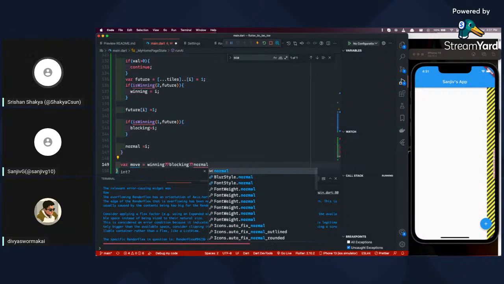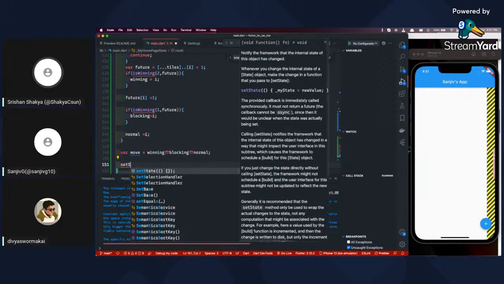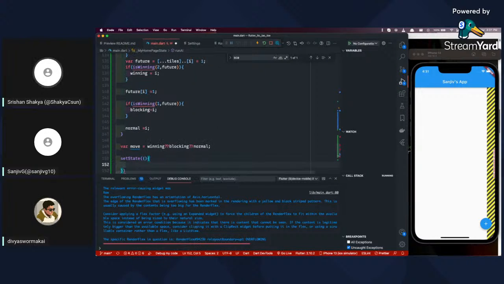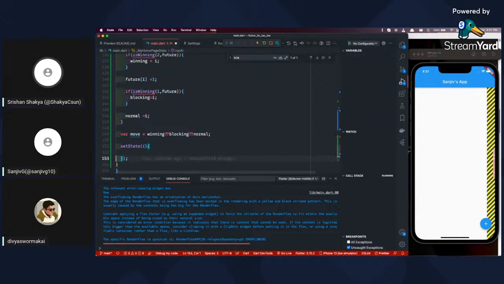And here you will see a very uncommon syntax. Maybe it's also in JavaScript. Yes, double question mark. It's called the null-coalescing operator. If our viewers don't know it, it's an operator that, if the winning variable is null,